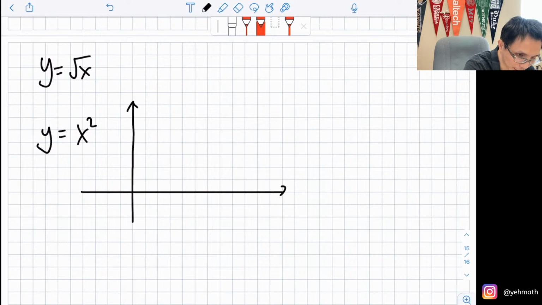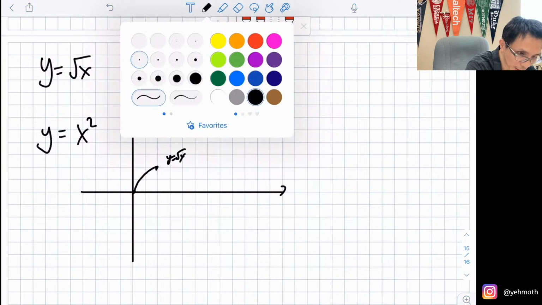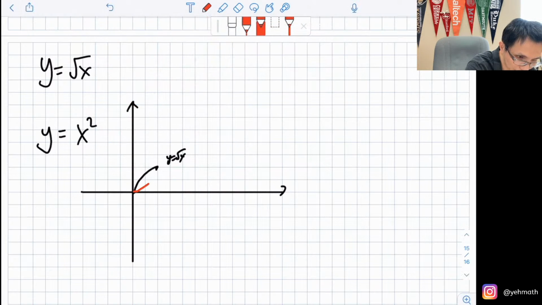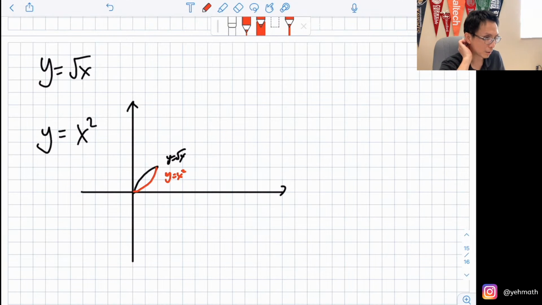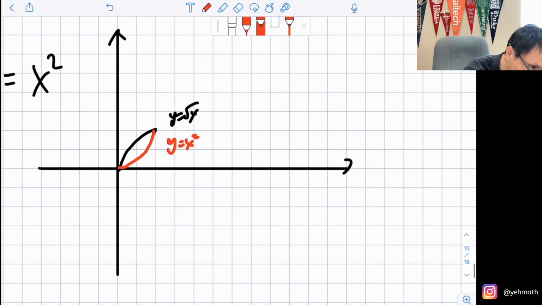So technically the graph is gonna be something like this. This one's for square root x. And this one for x squared. Okay, so now I just want to do 0 to 1. And I'm going to have some cross sections here, this length. Now in this length here, the difference between two graphs, the black line and the red line, we're going to